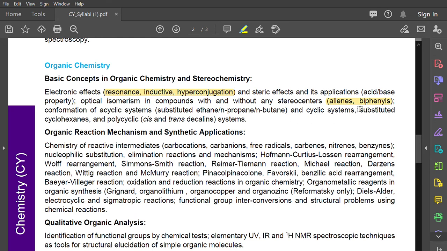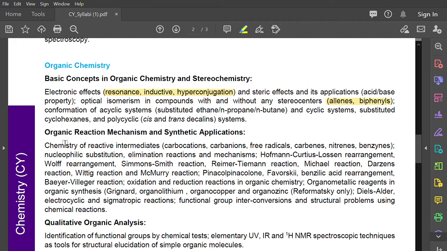Again, problems related to cyclohexanes: which conformation will be stable, where one should place the tertiary butyl group, axial or equatorial. These types of problems will be there. Or they can even ask you, among all the conformations that cyclohexane has, which is a half chair, then the boat, or twisted boat, which is energetically more stable. So these kinds of comparative questions can be asked to you, okay.